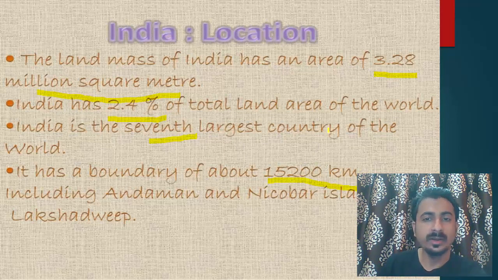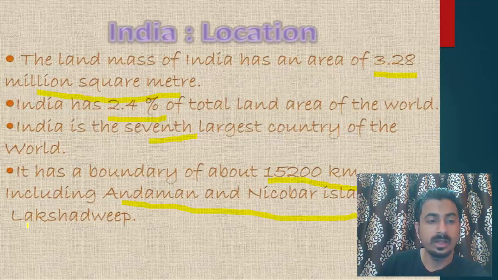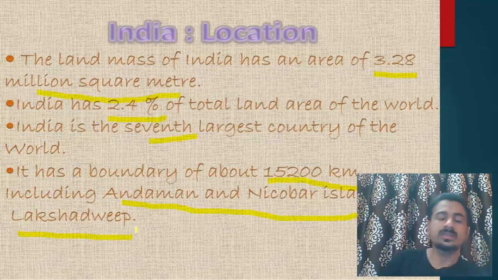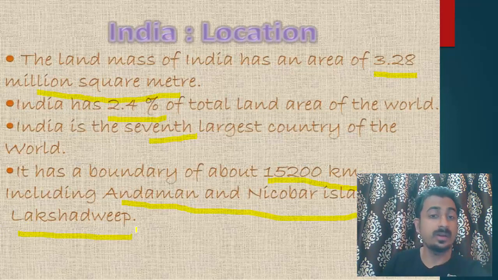In my last lecture I talked about the boundaries of India, if you remember. So I told you about the boundaries India has with our neighbors. I told you that with Bangladesh India has the longest border. With Afghanistan it is smallest or shortest. So it has a boundary of this much kilometer. And listen, this also includes Andaman and Nicobar Islands, which is in Bay of Bengal, and Lakshadweep, which is in Arabian Sea. I will make you understand this thing with map also as we come to it.